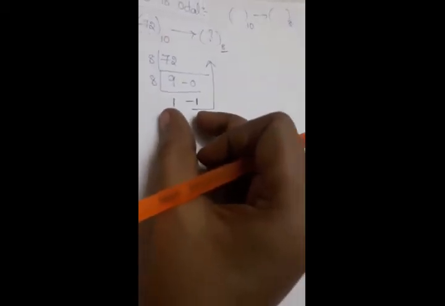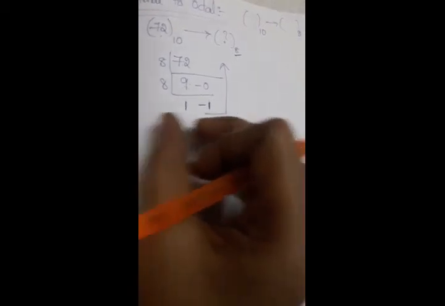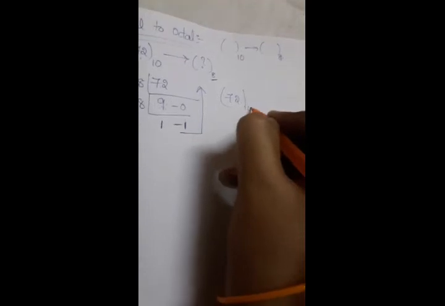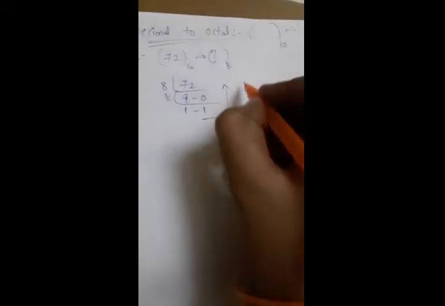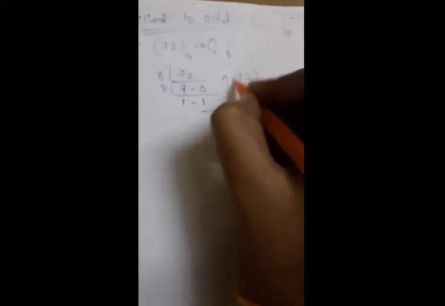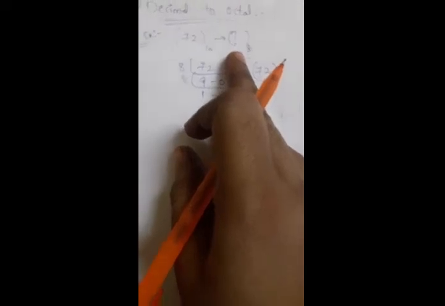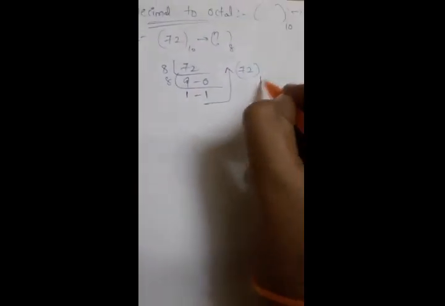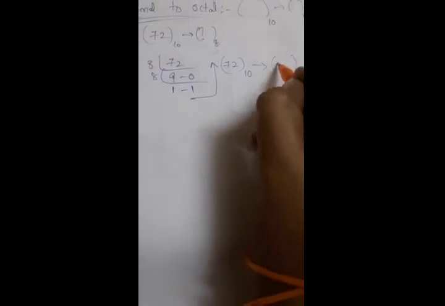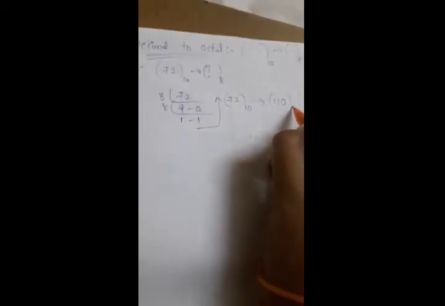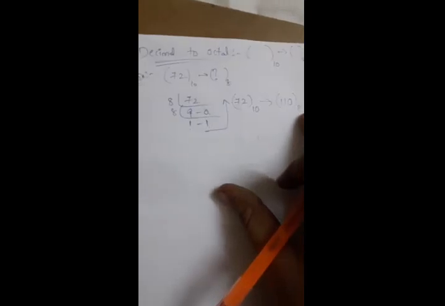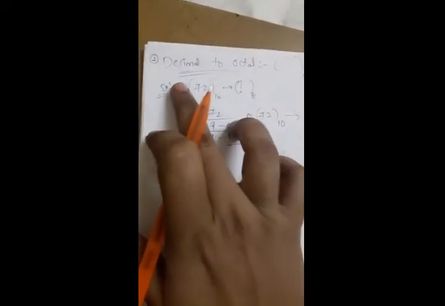Okay, so this number represents the octal number for the given decimal number. I will write it here, result. Now we'll write the result of this 72 as an octal number. So how to take the result here, we'll take it in this way, right? That means the remainder will be obtained in reverse order as indicated by an arrow. Okay, so for this decimal number 72, the octal number is 110, right? So that is nothing but 110 as octal number is equal to 72 as decimal number.